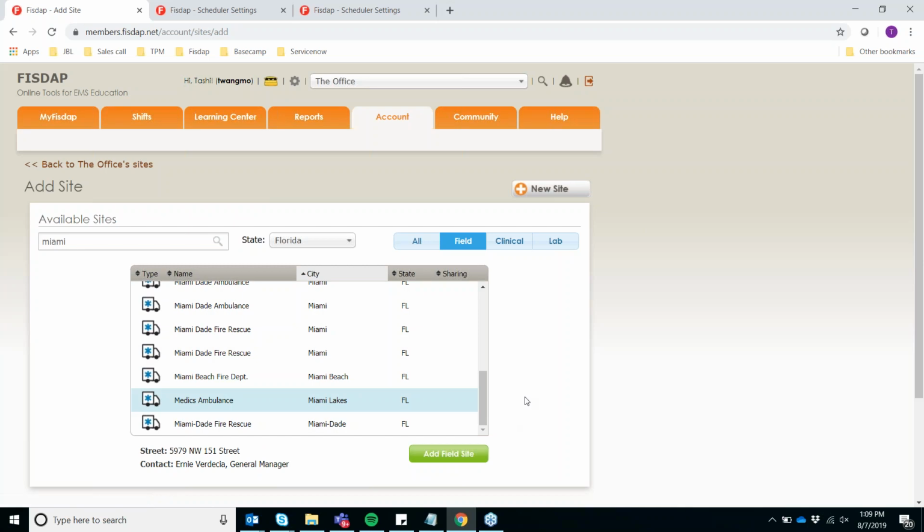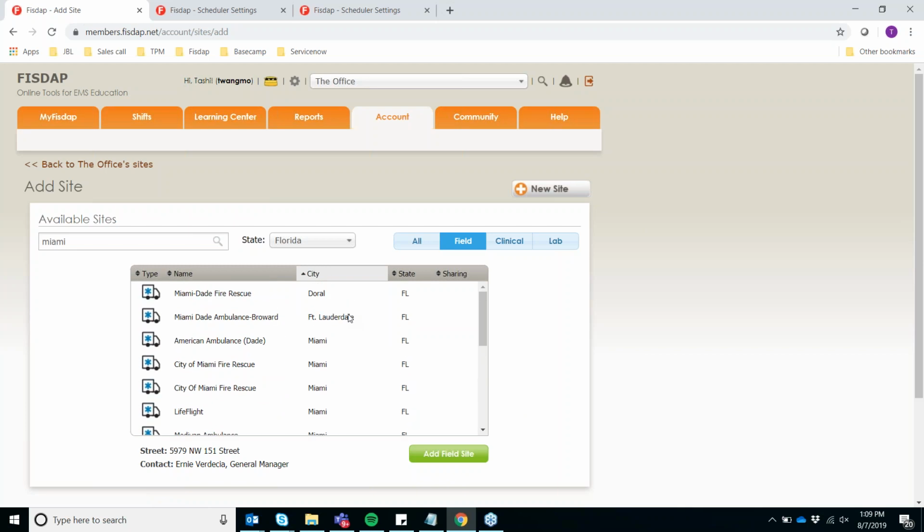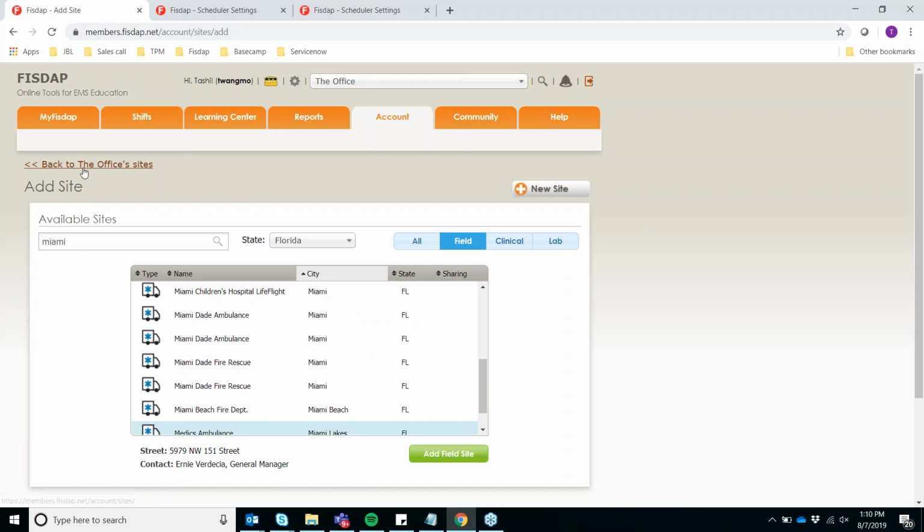Now, if you do not see the site you're looking for, and that would be by looking for the acronyms, maybe a shorter version of that name, a longer version. I looked everywhere and I cannot find Miami Tashi ambulance. So if you ever needed to have that as a site for you guys, you can definitely add it from scratch. When you add a new site, that site will be available to you, of course, but then also in the future, if anybody else would like to utilize Miami Tashi ambulance, they will see the name. So that would be adding sites, checking on existing sites,